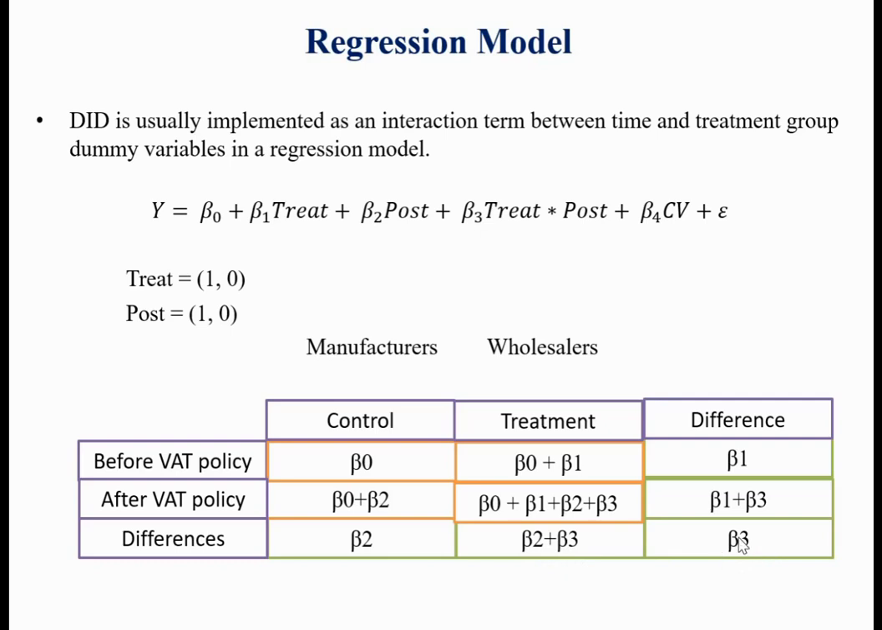So this beta 3, that is the coefficient of the interaction term. Okay, that is the treatment and the post. This actually gives us what? The estimation, okay, of the difference in difference. Okay, basically this is what we are interested in. All right, and then in